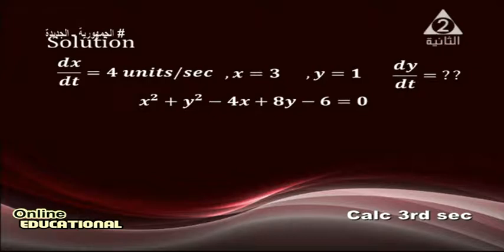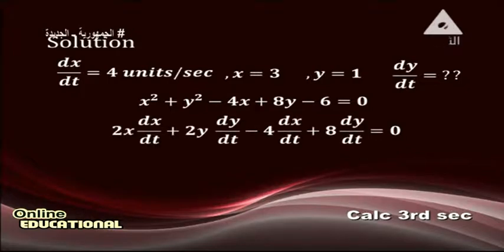By differentiating both sides with respect to the time t, we get the derivative of x squared is 2x dx/dt, plus the derivative of y squared is 2y dy/dt,